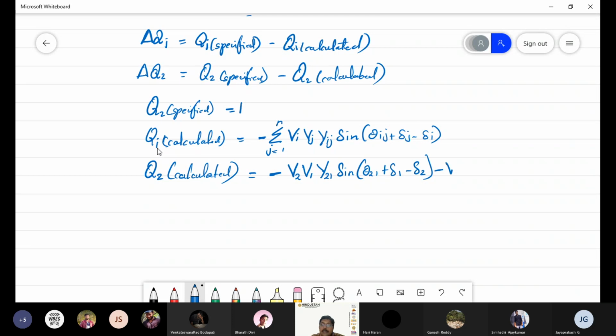So minus v2 multiplied by v2, y22 sine of theta 22 plus del 2 minus del 2, minus of again v3,